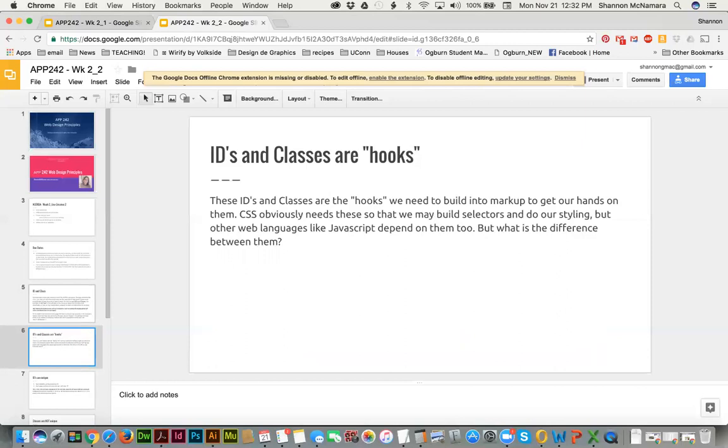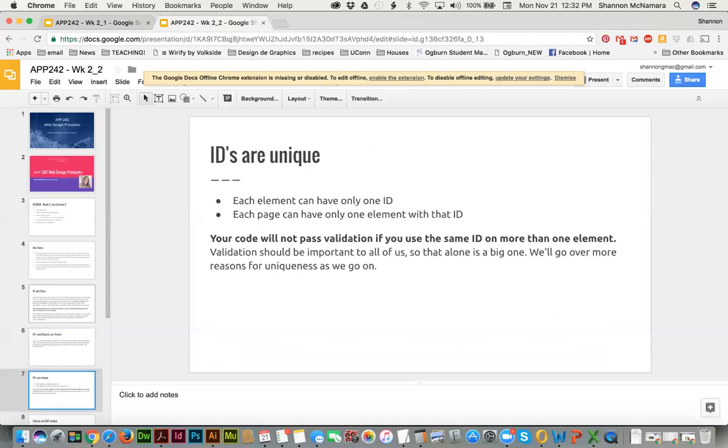Not that we're really going to get into that in this class. But what is the difference between an ID and a class? And this is where it might have gotten a little confusing. IDs are unique. Each element can only have one ID, and then each page can only have one element with that specific ID. So your code would not pass validation if you use the same ID on more than one